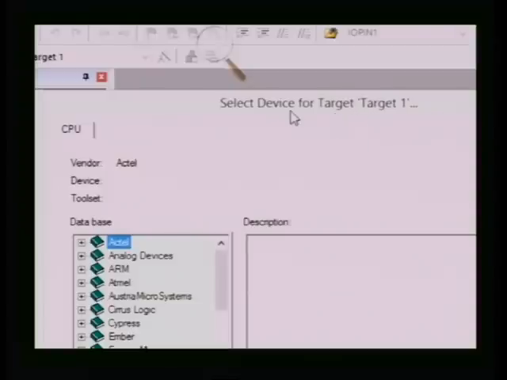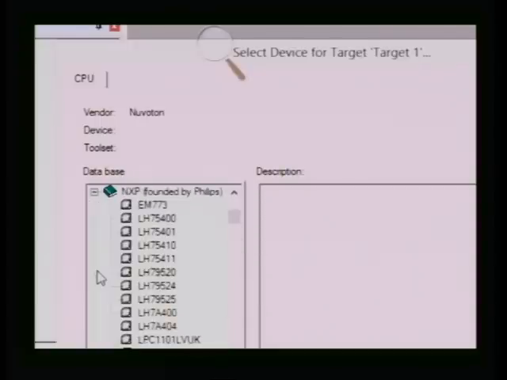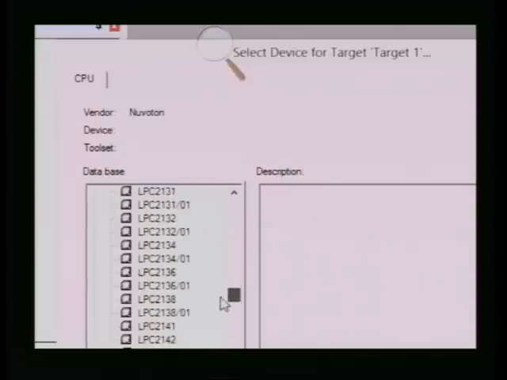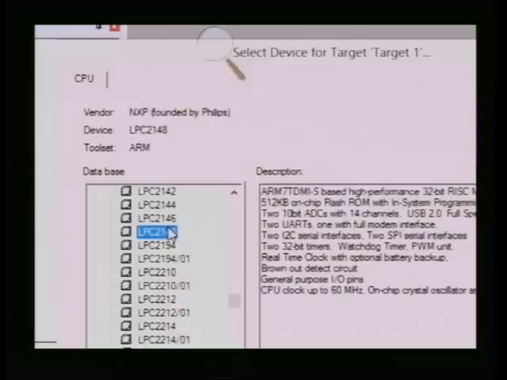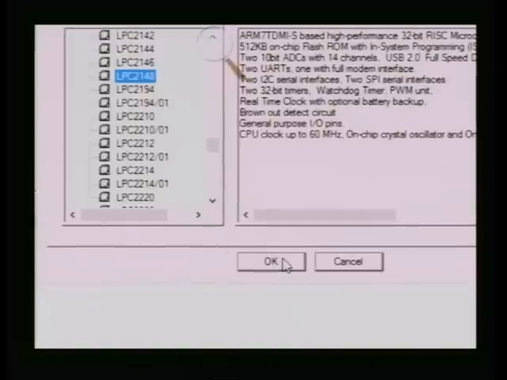In that we need to select a device. Let me select the NXP founded device, that is NXP LPC2148. I want all of you to only see this thing, that LPC2148 is an ARM, belongs to the ARM7 TDMI family of processors. The rest of things we will see some other time, but this is very important right now. So we have selected LPC2148 and say OK.